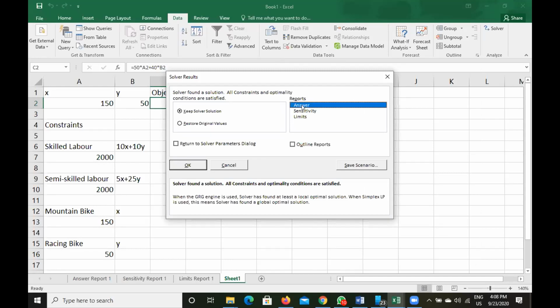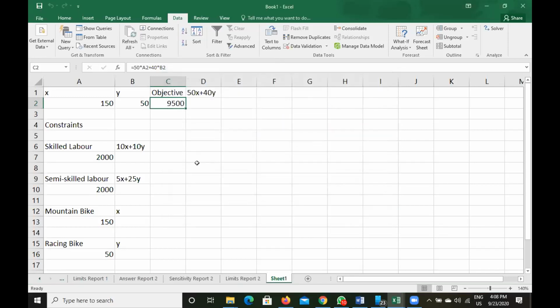We need 3 reports: answer, sensitivity, and limits. Select all these 3 and click OK. So we got the report.